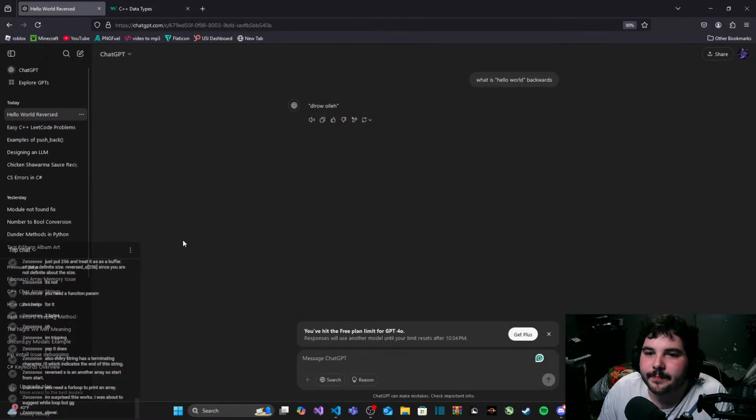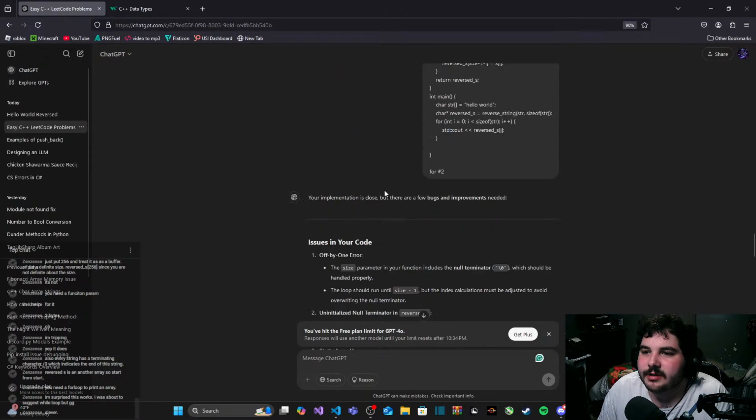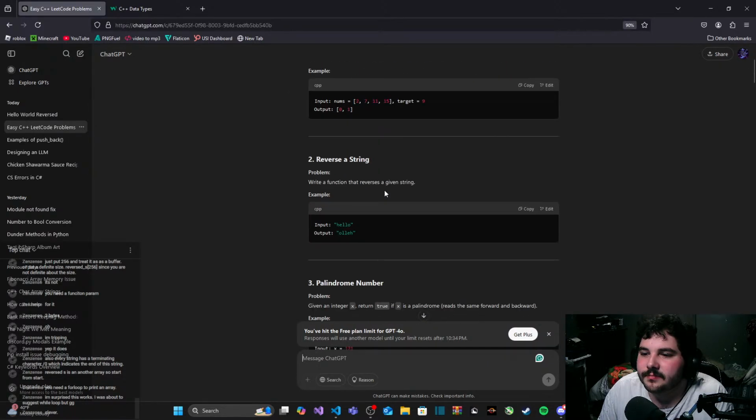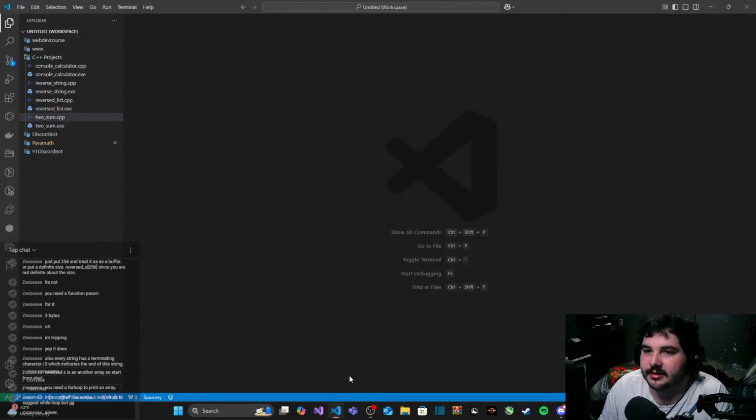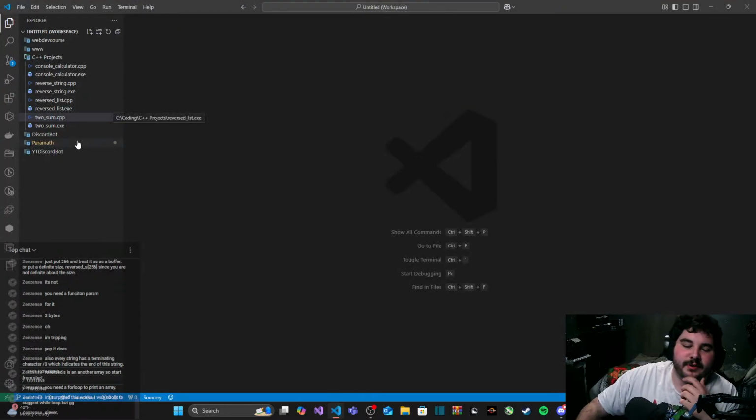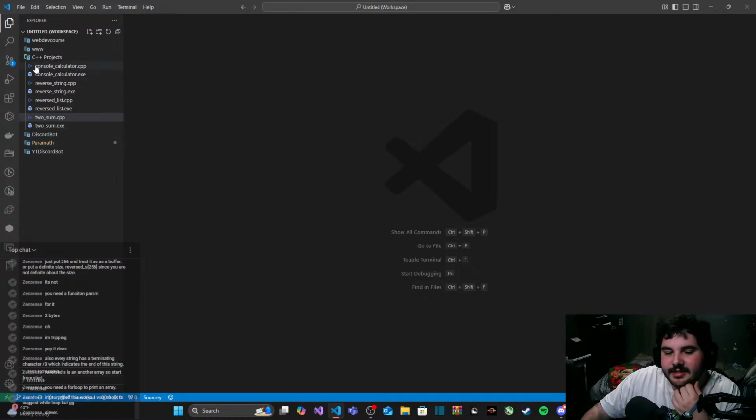So, let's see what number 3 is. Palindrome number. Given an integer x, return true if x is a palindrome, reads the same forward and backwards. Okay, that's easy. I just reverse a linked list again, that's all I have to do.